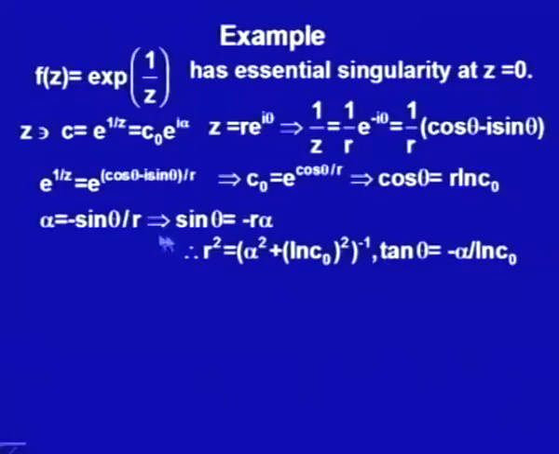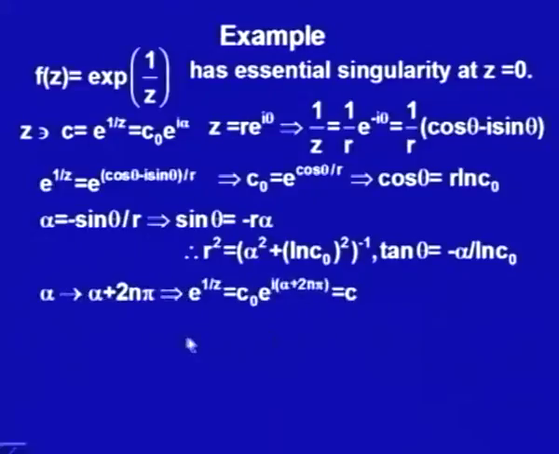And what will be tan θ, that is sin θ upon cos θ; r and r would cancel out, and I would get minus α upon log c₀. Now, Picard's theorem says that this value c would be taken by infinitely many points. I have taken this one point and I am representing it by polar coordinates. So what I have to show is that for many values of r and θ, I would get this c. Now, you see here, if I change my α to α + 2nπ,